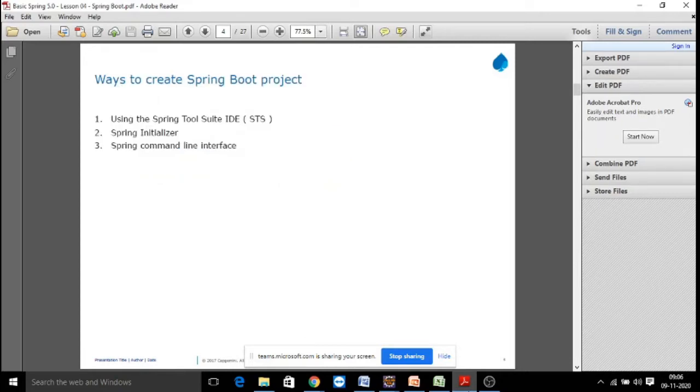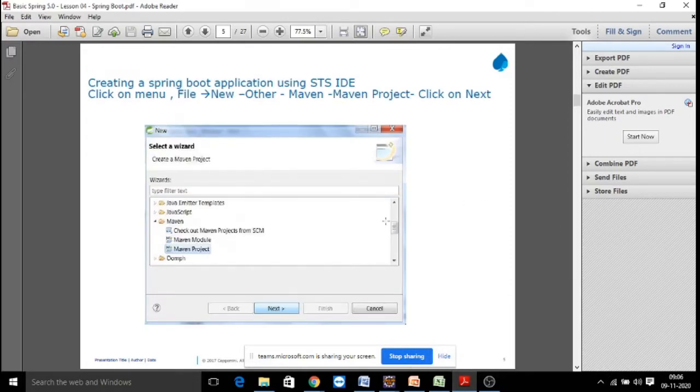To create a Spring Boot project, we have multiple options. We can create one with a command line tool, we can create one with Spring Initializr, and if you are working with Spring Tool Suite, you can create a project directly with File, New, Spring Starter Project. Okay, so it will give you a Spring Boot application. In this PPT, they have directly given the steps to start with an application.